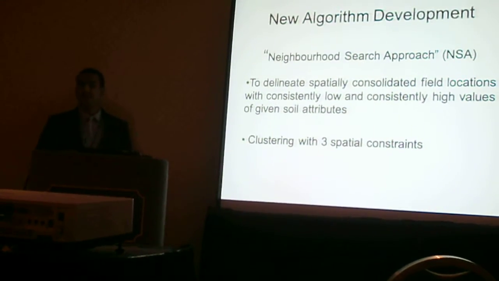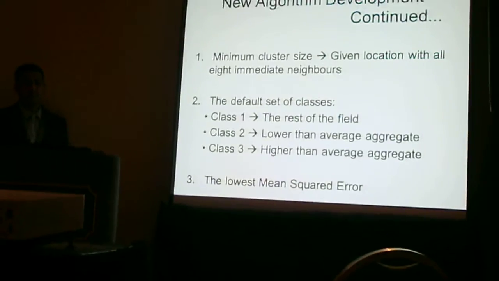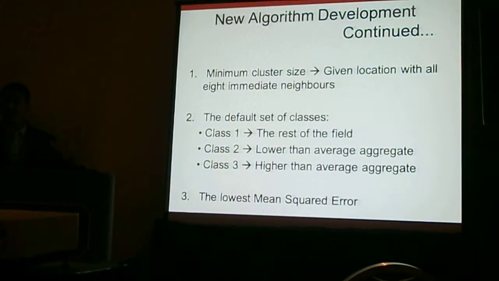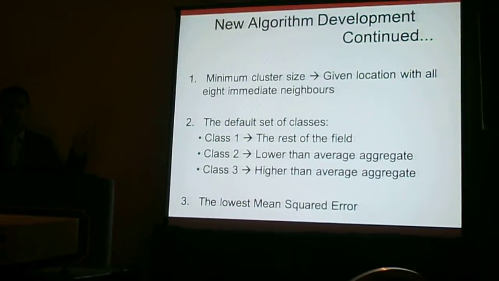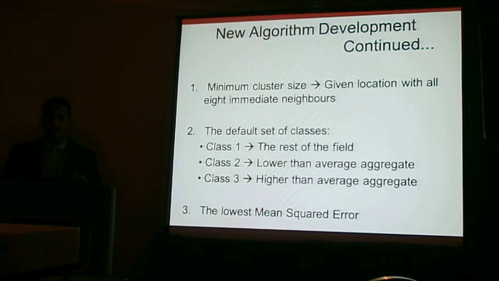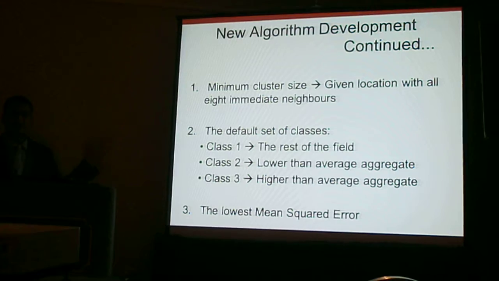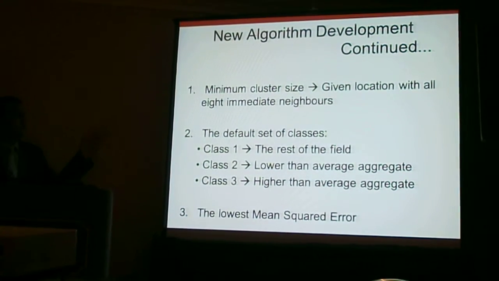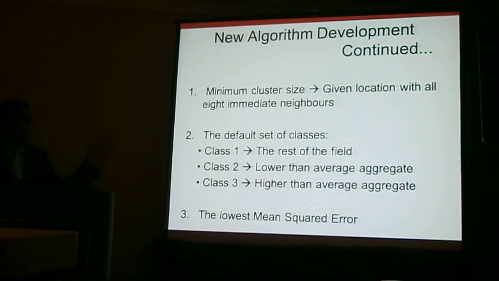And we're imposing 3 constraints. Number 1, we define the minimum cluster size, and we call it a location with all its 8 neighboring points. Then we also define the default class, the clusters, like we call class 1